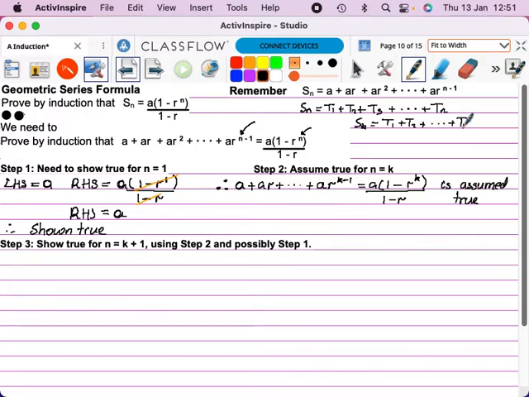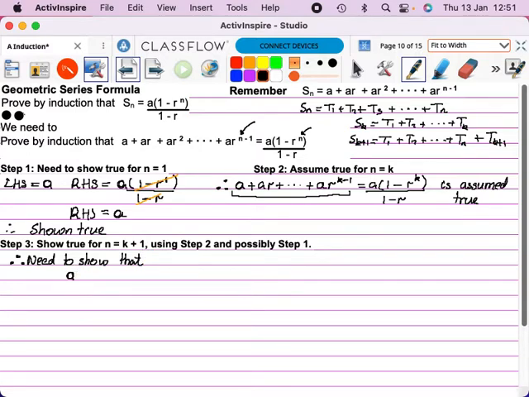plus term k. We are now going to be doing S_{k+1}, which is term 1 plus term 2 plus ... plus term k, and then plus the next term, the k plus 1 term. And that's why when we're actually expressing step 3 algebraically, we must write those down first. So we're down to the therefore need to show that